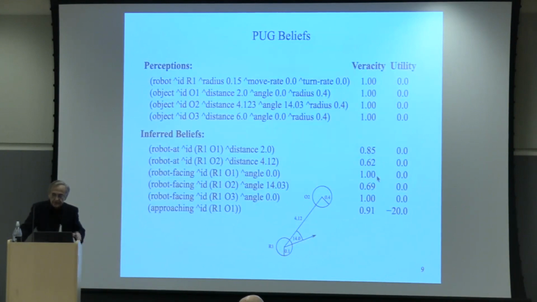So this is what beliefs look like. There are perceptions. Those are primitive beliefs that come in from the external world. And then there are inferred beliefs. These tend to be relational. And again, you see that only a few of these are matching with a score of 1. Others are matching less because they're not at the sweet spot. And there's this utility over here, which I'll tell you about in a little bit.